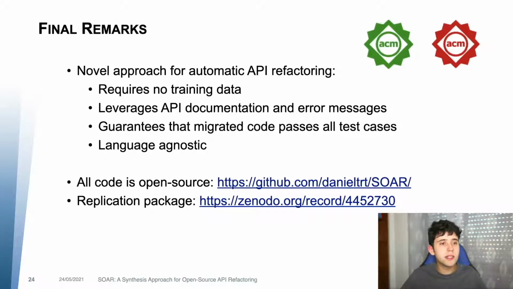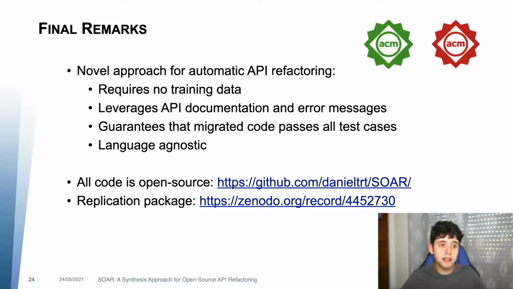Okay, to conclude, we presented a novel approach to API refactoring that requires no training data and leverages API documentation and error messages. We also guarantee that all the migrated code passes the user-provided test cases, and the approach is also language agnostic.